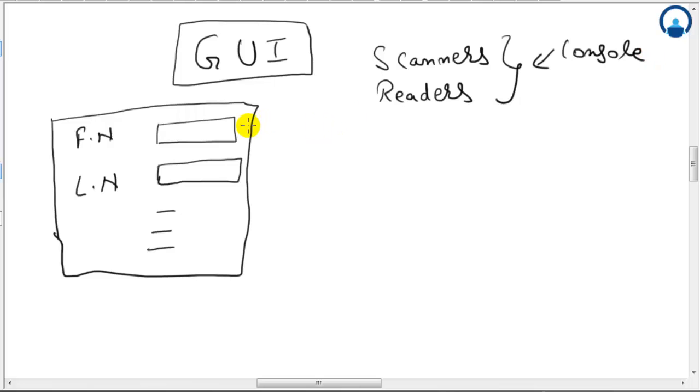Instead of that, we can lay out a user interface with the help of which the user can give in the input details and we can process these details. So we provide a GUI to that user. Instead of entering the values in the console, we just create a UI. So this is a graphical user interface, and Java Swings